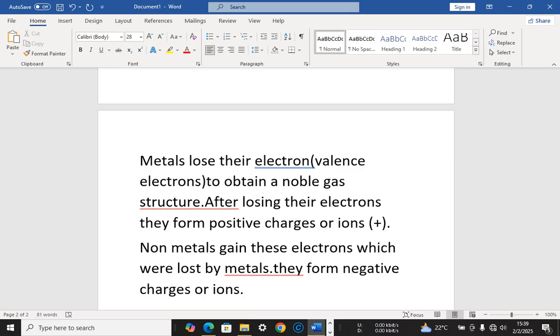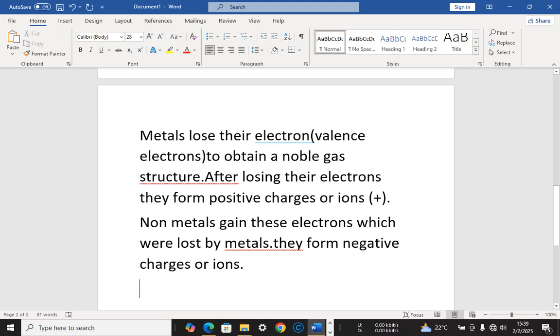The next thing we are going to discuss, for you to understand better, is an example of ionic bonding. One of the components, we said, is a metal, and all metals have positive charges. I'll give you a link in my description where I discussed ions. You will see how metals have positive charges and how non-metals have negative charges.